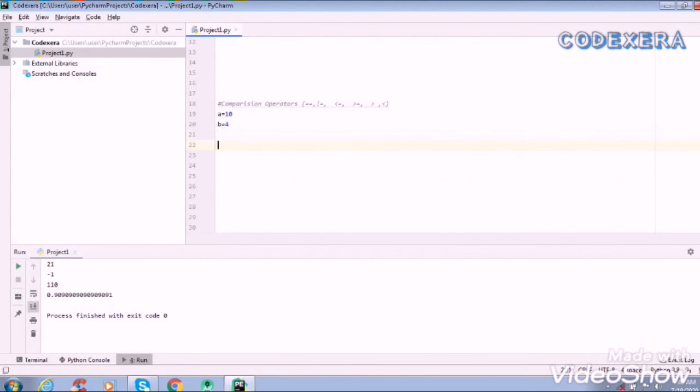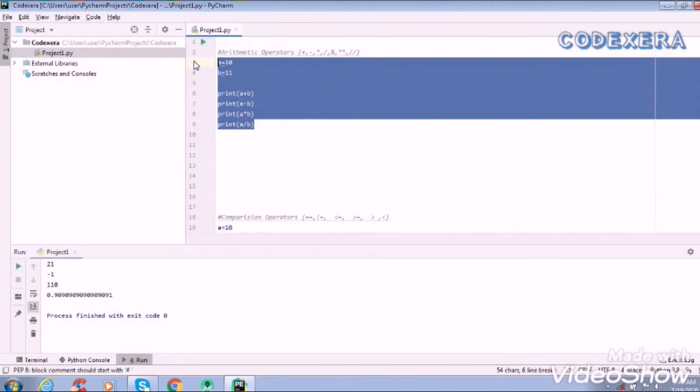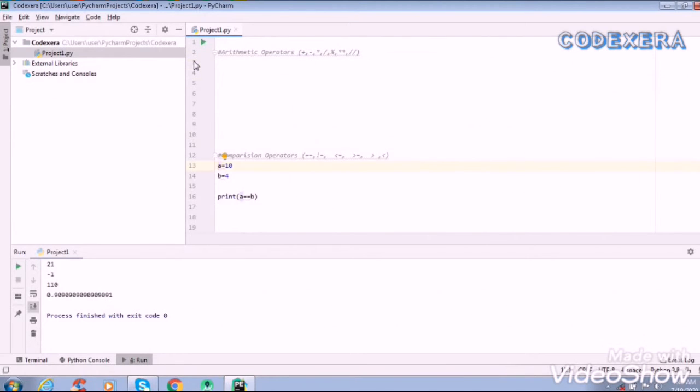Now we want to compare them, so we'll directly check whether our comparison operators are working. We'll directly print a is equal to b. If they are equal, it will return true, otherwise it will return false. Hoping to get the right output.